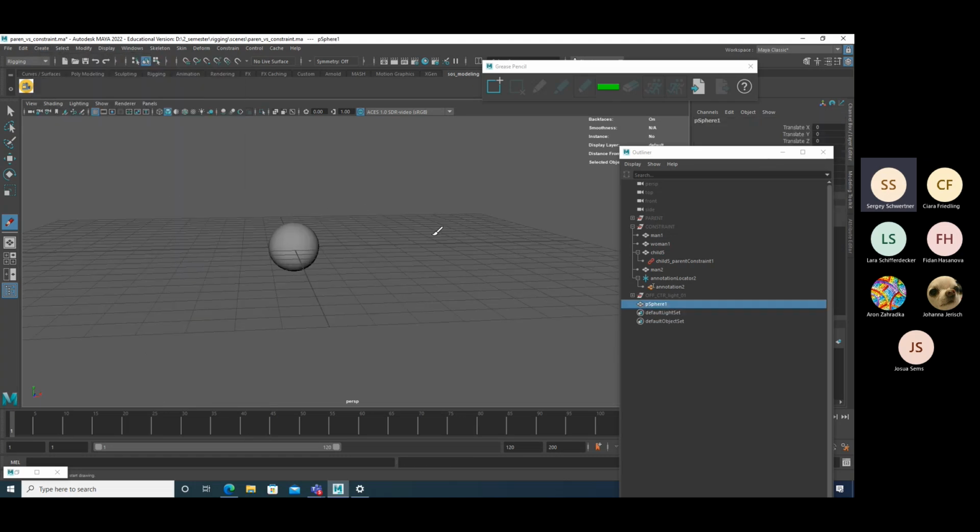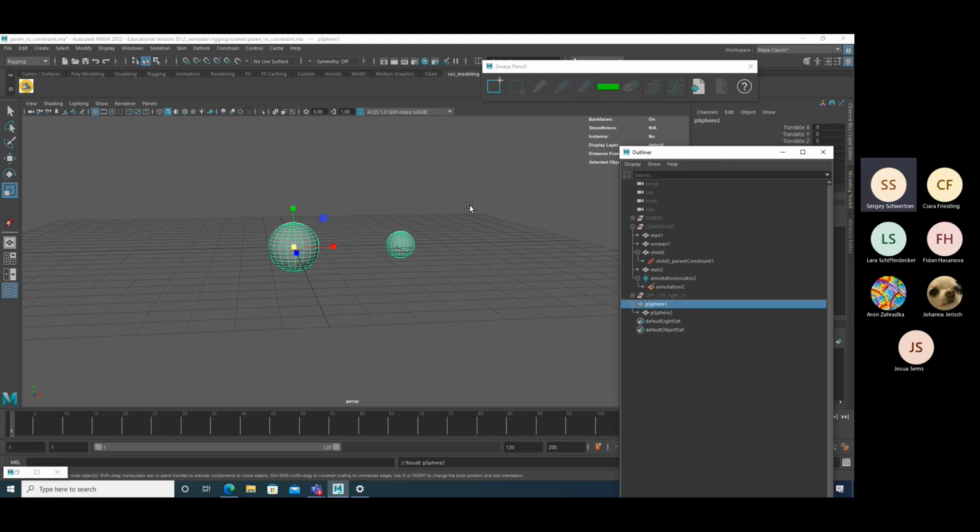I have a sphere here, and I duplicate it. I do a little bit of transformation here. This is my child, and this is my parent object. What I do then, I take my child object and parent it underneath my